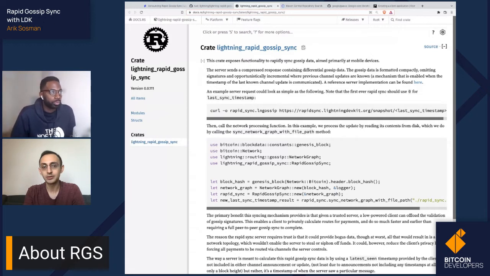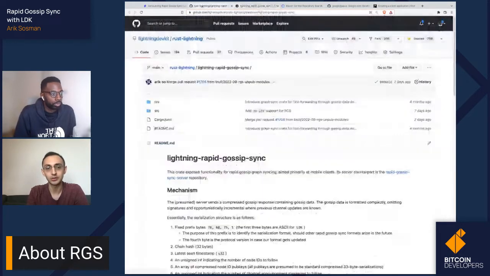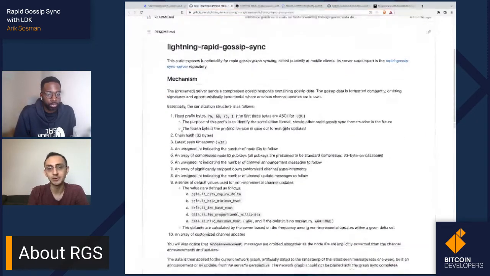And the server could also try to return to you a fake or a malicious graph, which might, for example, try to route all payments through a node that the server controls. So that would be an indirect privacy compromise.